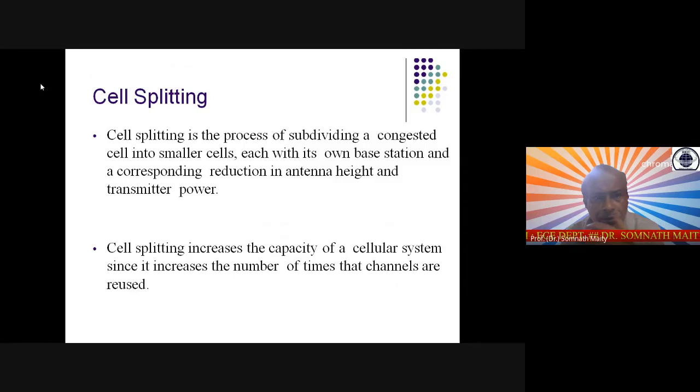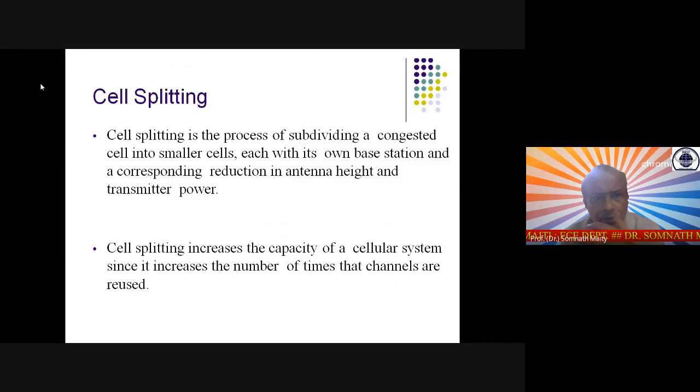Line of sight means the antenna and your receiver must see each other. As if you go to your rooftop, you can see many houses around you